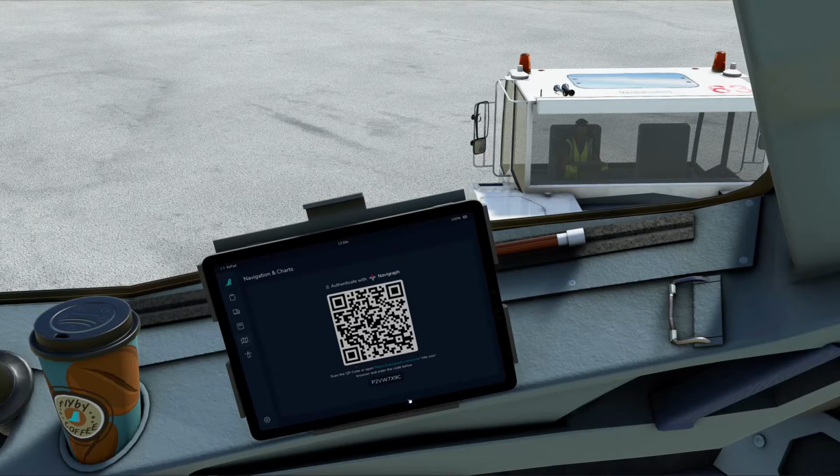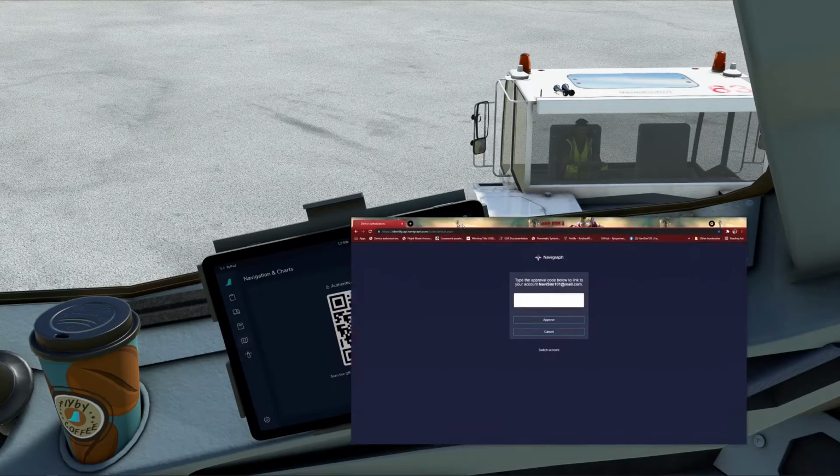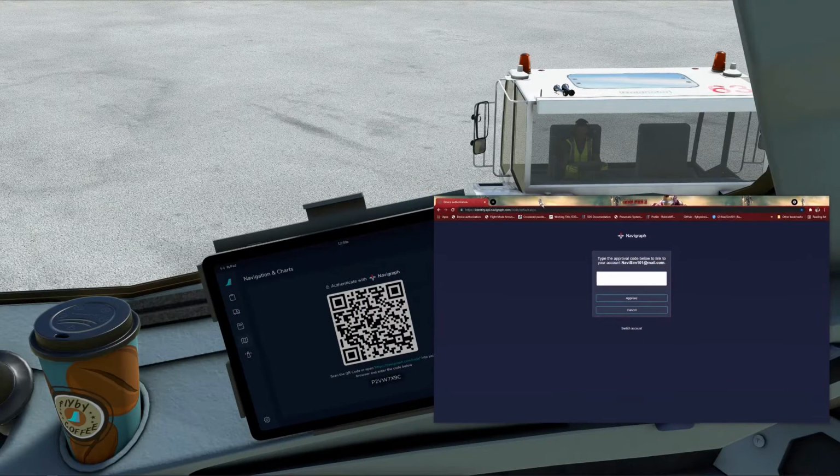Look at that, we've been waiting for this for ages and now we've finally got it. What an incredible advancement in the feature of the flypad. So to link it, all you have to do is put this code into the authorization page of Navigraph.